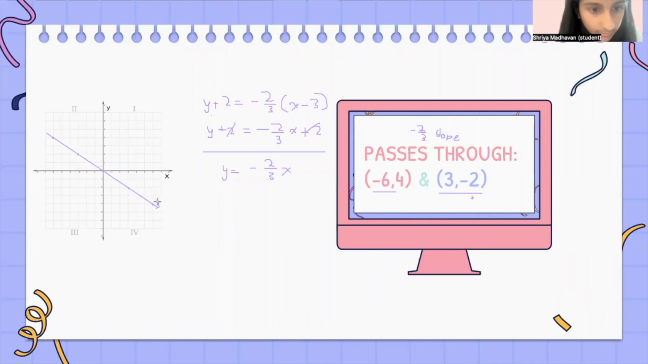Yeah, and that is the graph of y plus 2 is equal to negative 2 by 3 into x minus 3. And that was our final problem for today, and I hope you learned something that you can take away,